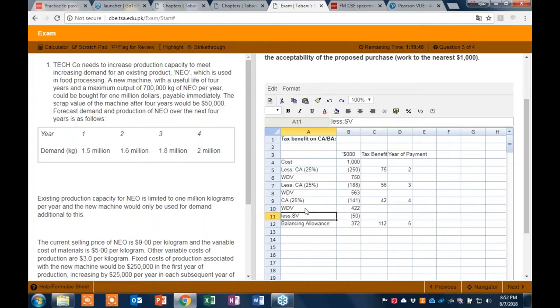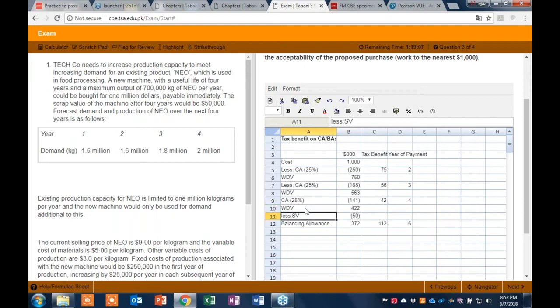But if we have a scrap value, and that scrap value is lower than the WDV, we'll reduce the WDV by the scrap value figure, and this will be called balancing allowance. The WDV is the unclaimed cost of the asset. We haven't claimed $422 as our expense so far. So this is called the unclaimed cost of the asset. The WDV is $422. And in case the scrap value is more than the WDV,